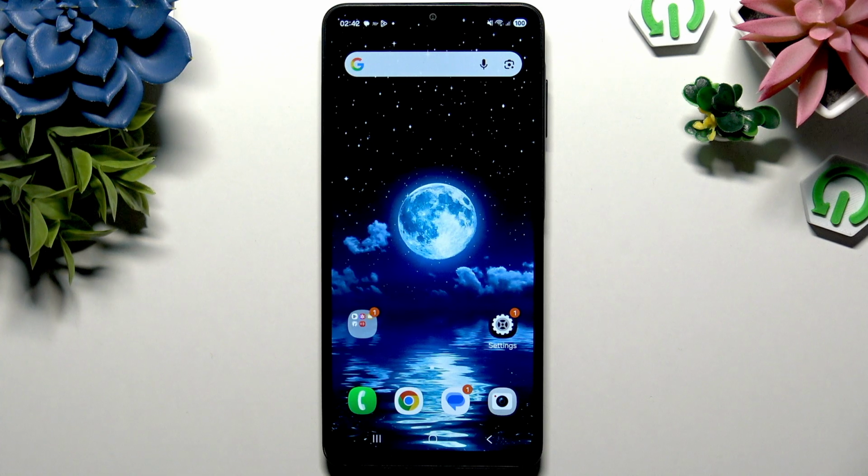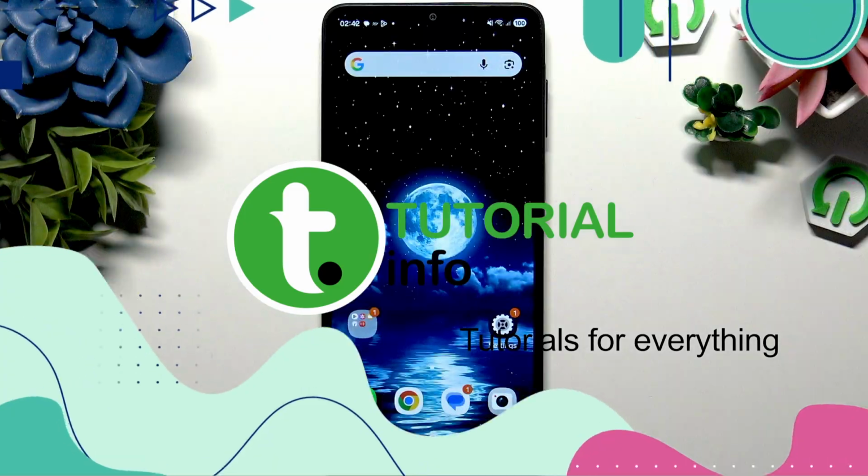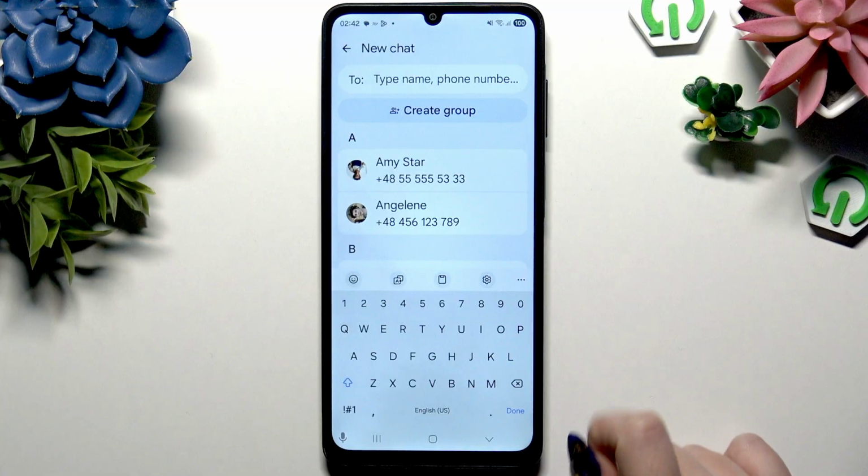In front of me is Samsung Galaxy A07 and today I would like to show you how you can add audio or video file to text message. Start by launching Messages app and selecting